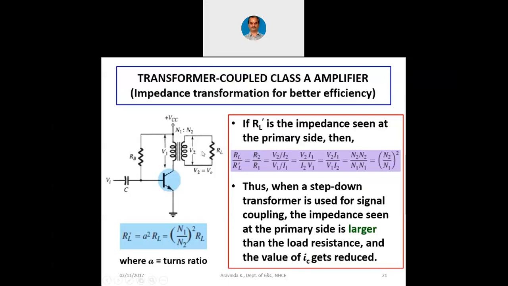Now that is what is happening with the inductive coupling there, or transformer coupling there. So the DC voltage here, the quiescent voltage is not VCC by 2, as you have been seeing in our earlier circuits. In our earlier circuits, we used to have a collector resistor. Here it is not so. It is not VCC by 2. It is VCC itself because of the inductor.